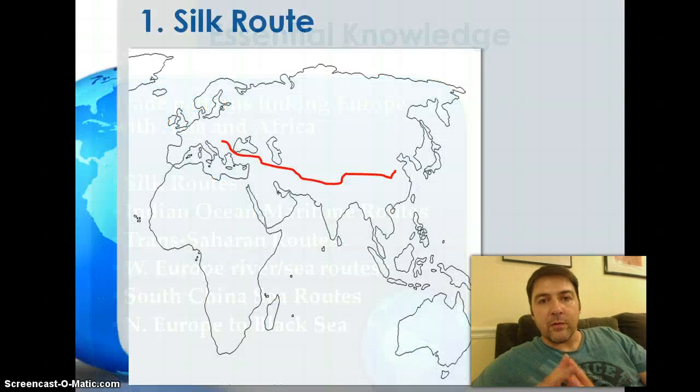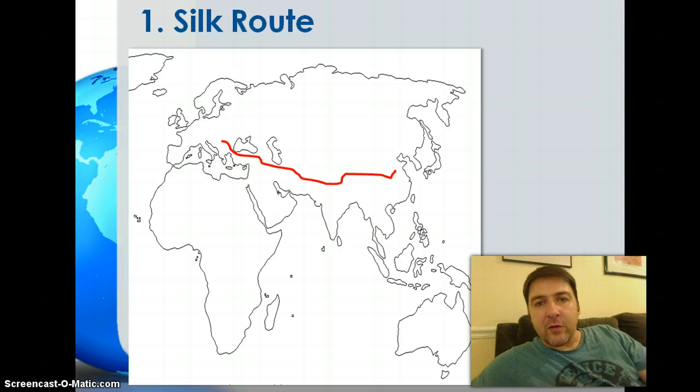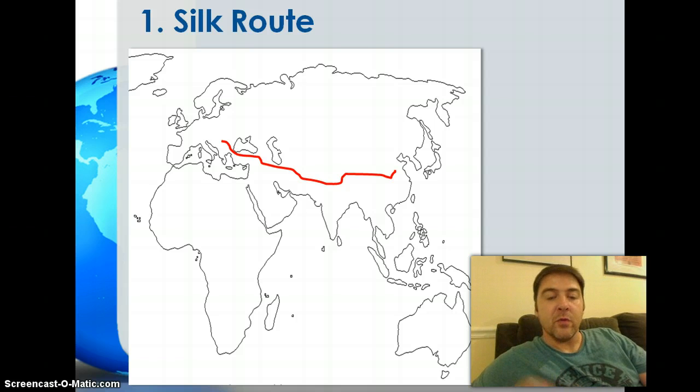these routes went. As we mentioned, the Silk Route you probably learned about in World 1. This was really the Interstate 95 of trade routes. This was the big one, linking Europe, the Middle East, India, China, crossing Asia through all these empires, and a lot of products, a lot of ideas, religions, disease, all kinds of things move across the Silk Route as it